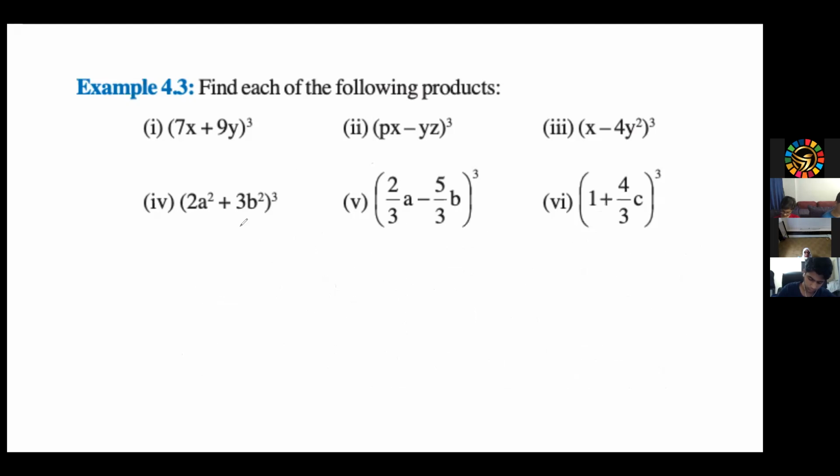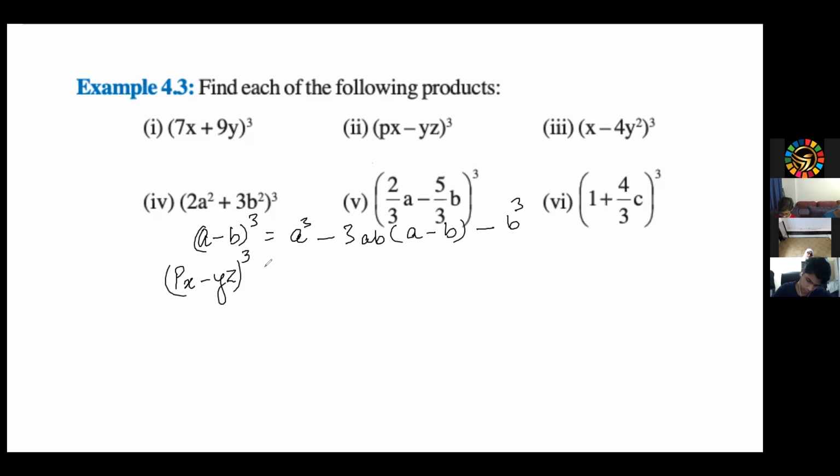The formula is A minus B whole cube is equal to A cube minus 3AB into A minus B minus B cube. So here your A is px. So px minus yz whole cube is equal to